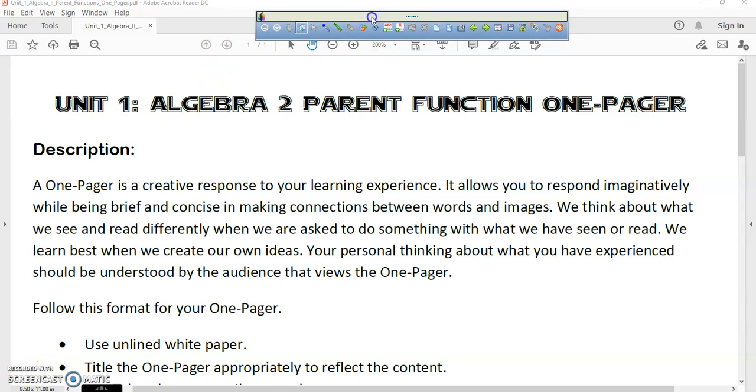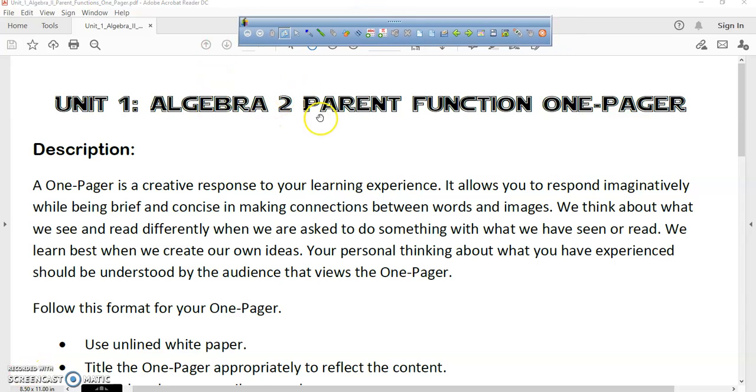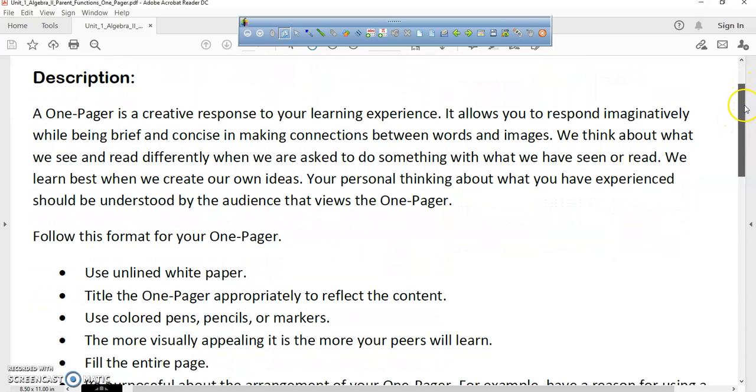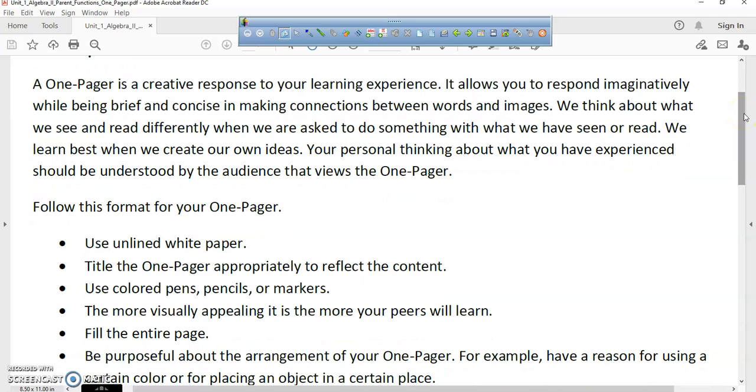Alright everybody, what we're going to be talking about is your Algebra 2 parent function one-pager. You guys can read through this, but I'm going to go over some key words that you need to understand. When you're doing a one-pager, you're making a creative project to let me know that you understand the topic. And the topic is parent functions that you're going to see in Algebra 2, and all the different types